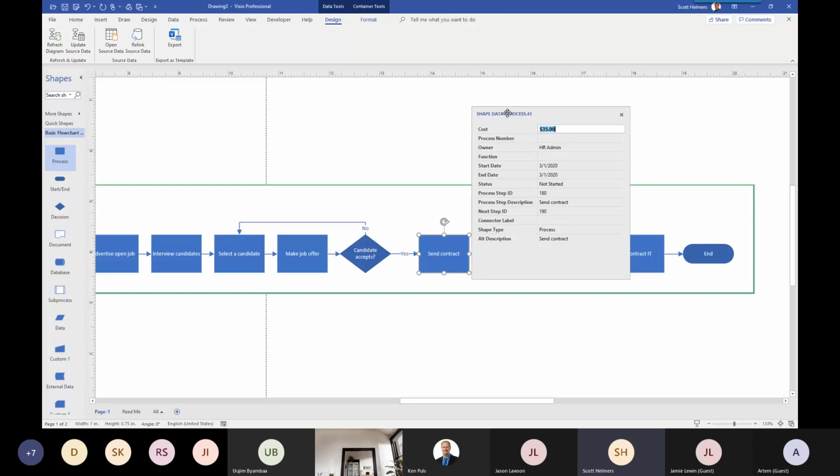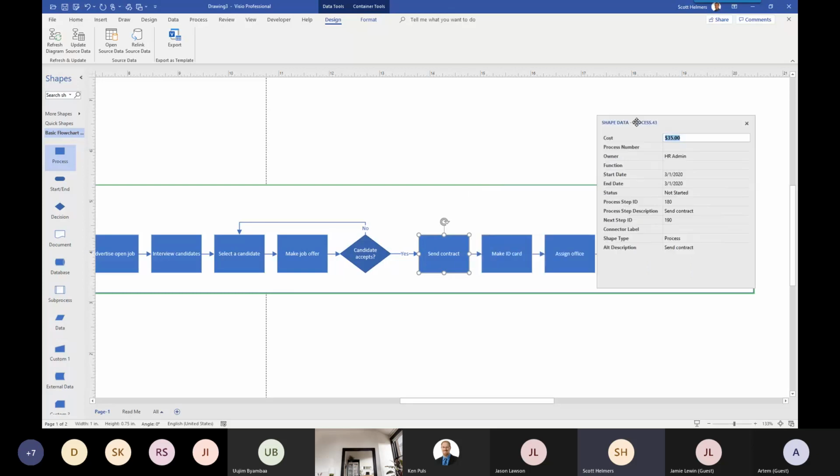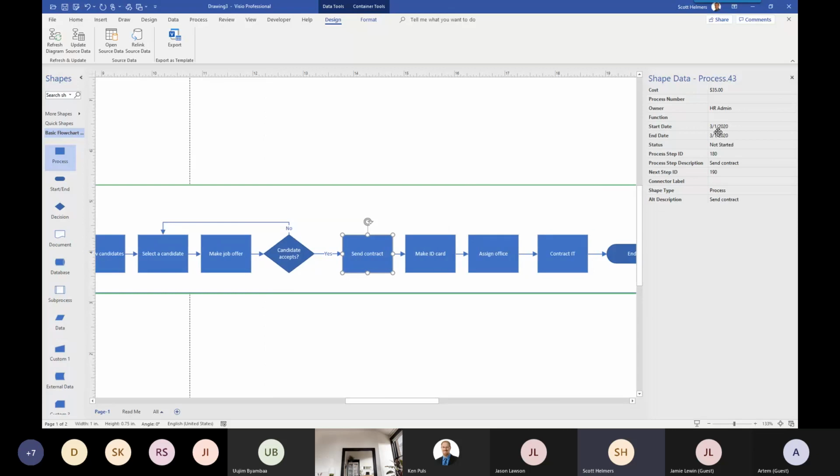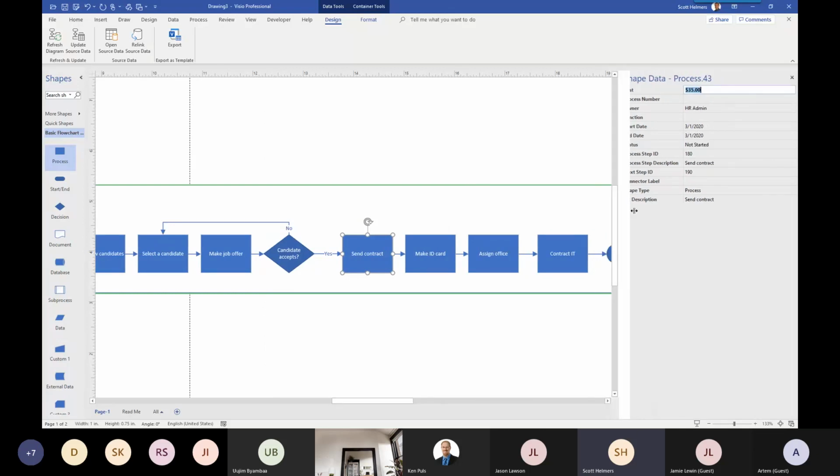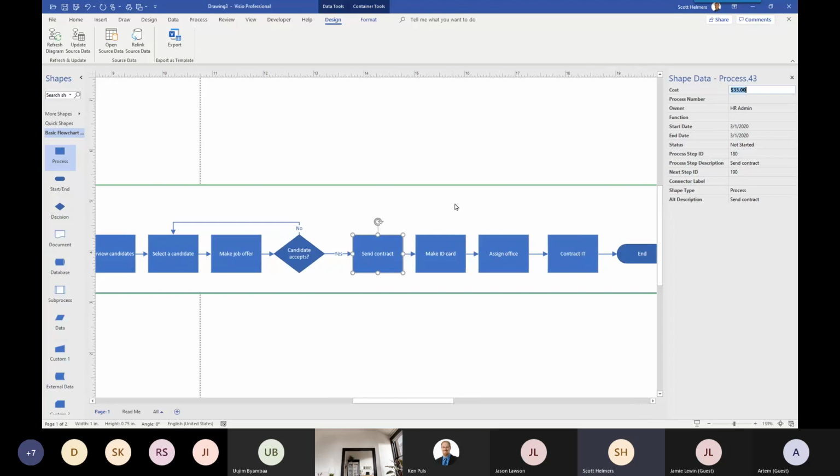95+% of the diagrams I work on in Visio involve data. I like to have this thing docked over here on the right. So I just dock it. You can change the width. Like many windows, you have some flexibility here. But I like to have my stencils always open on the left, my shape data window always open on the right. But you'll notice as I click through these shapes, these are shapes that have data in them,